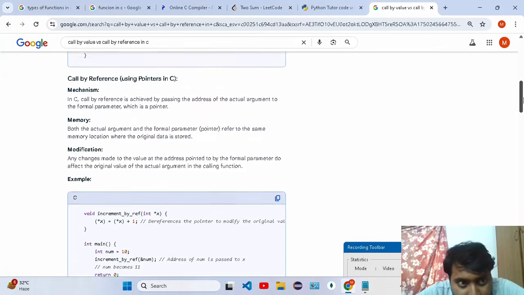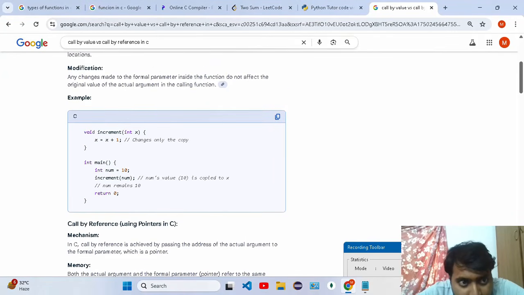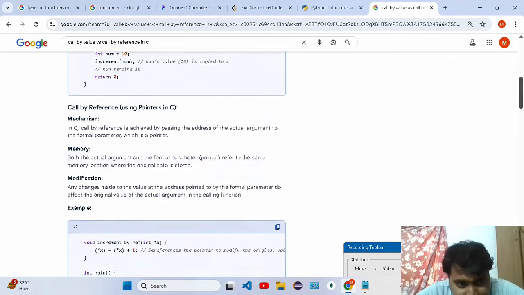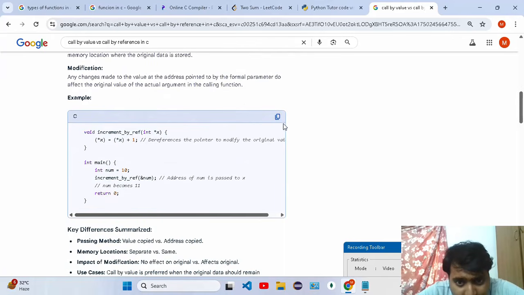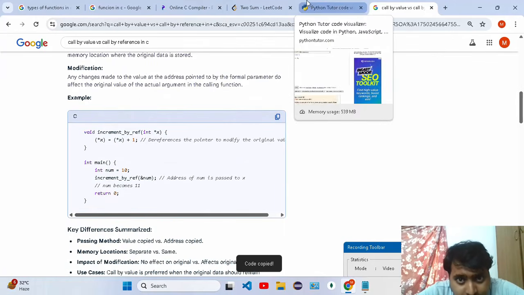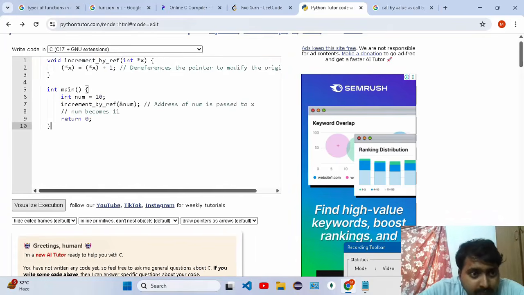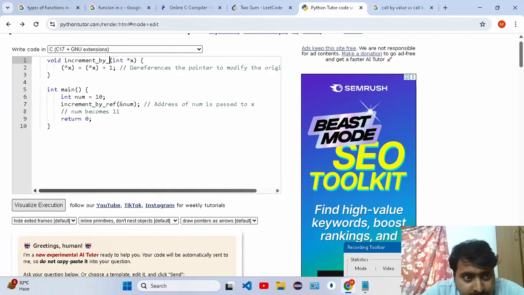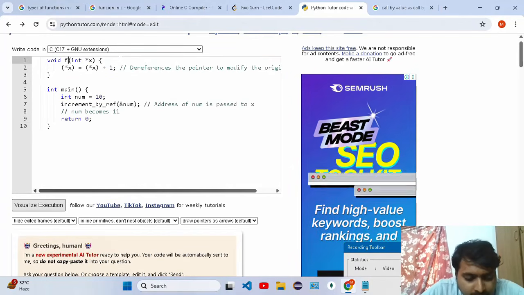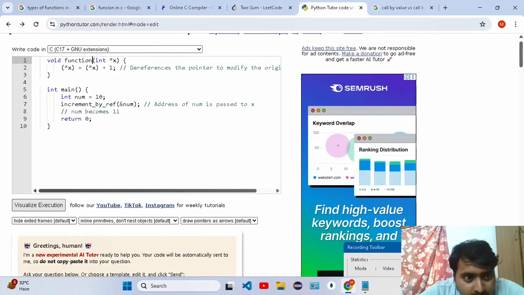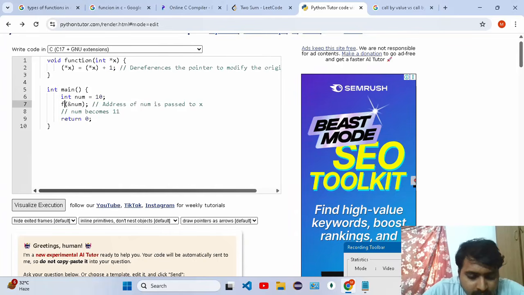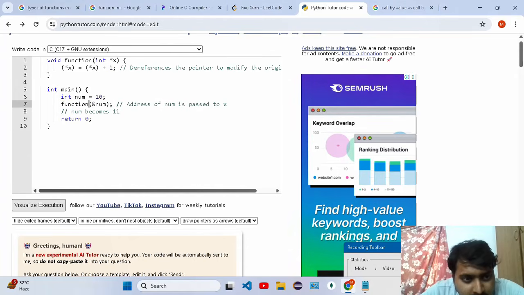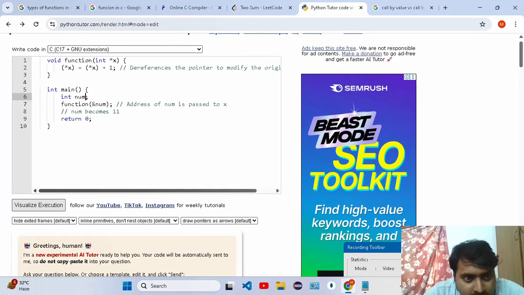So I searched here, what is call by value versus call by reference in C. It's given, first we are seeing call by reference, right? Copying this one, pasting it here. I wrote the function here, right? I should also write the function call here, right? That's it, right? So if I'm not giving any value here, okay,